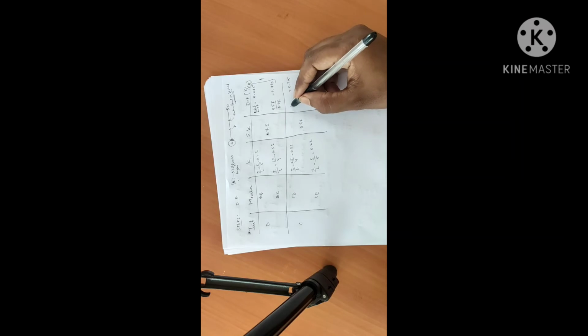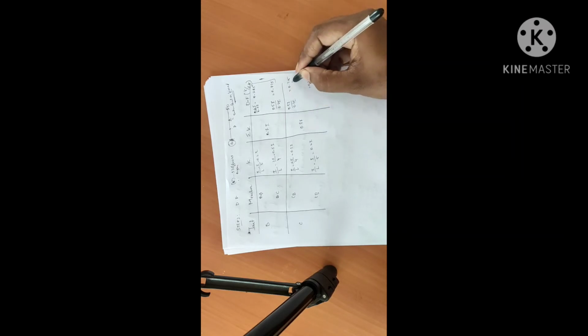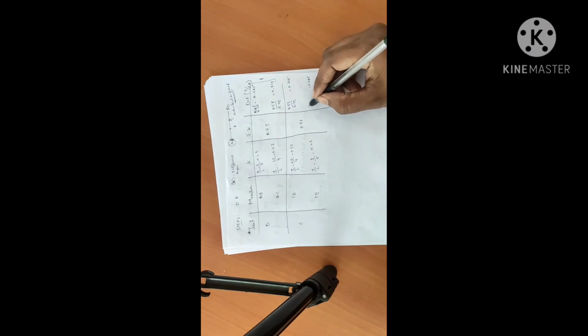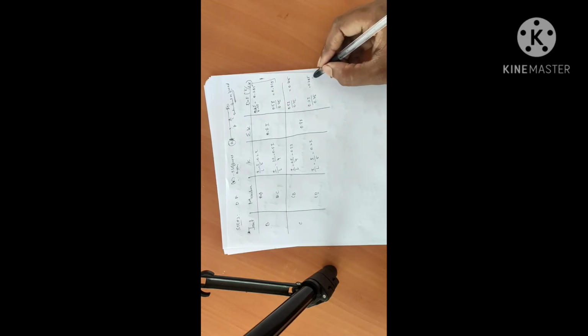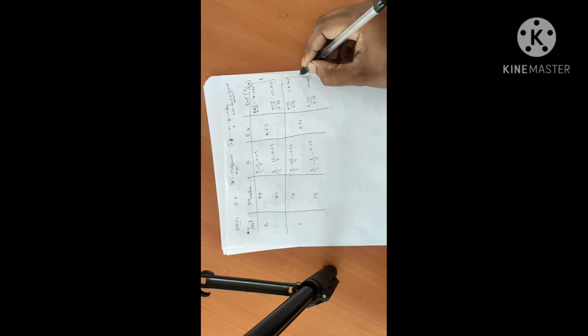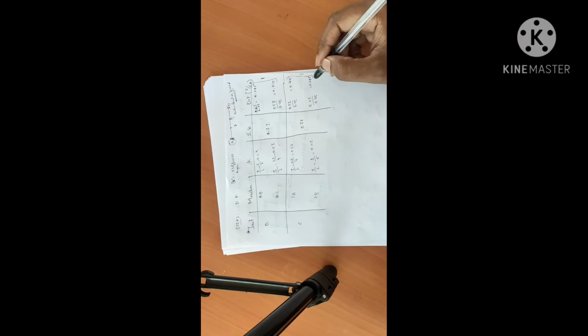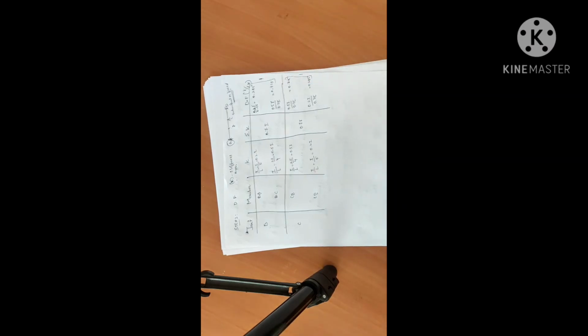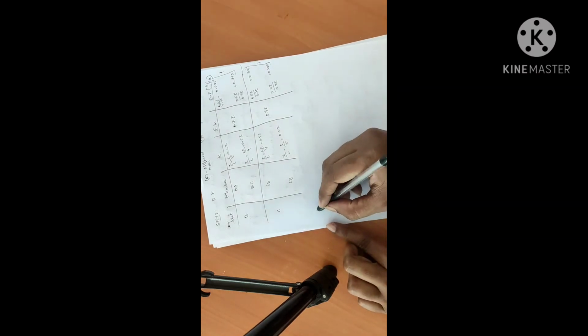Similarly, for the CB span, 0.5I divided by 0.7I, you will get 0.715. I and I cancel. Similarly, 0.2I divided by 0.7I, you will get 0.285. Same for this joint, the summation should be equal to 1. For one joint, the summation of distribution factors should be equal to 1. This step 2 is over for distribution factor. We'll go for step 3.